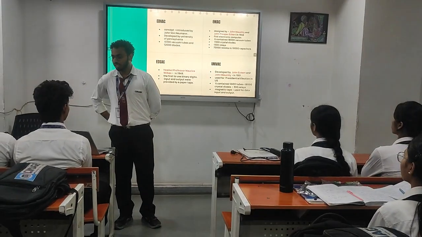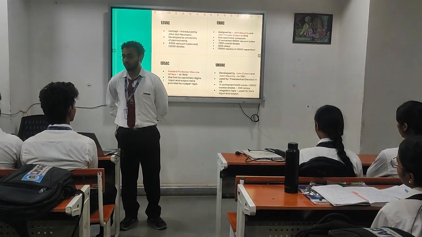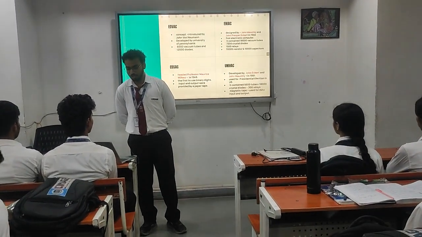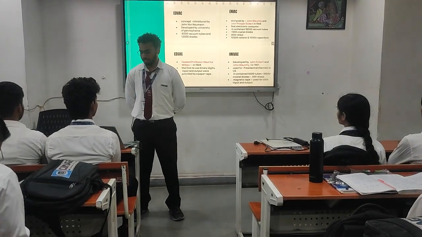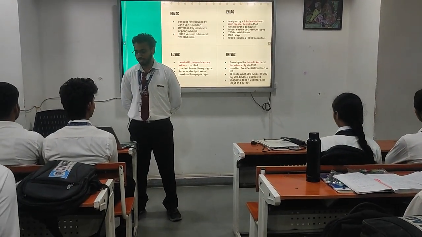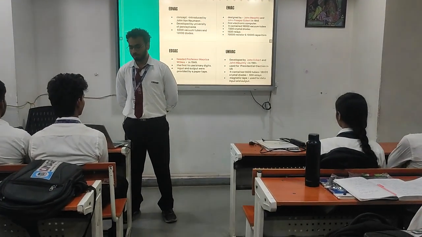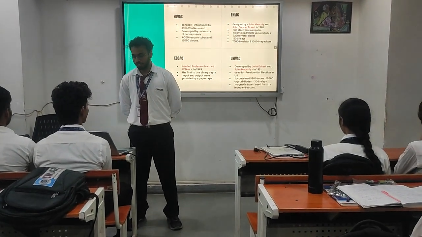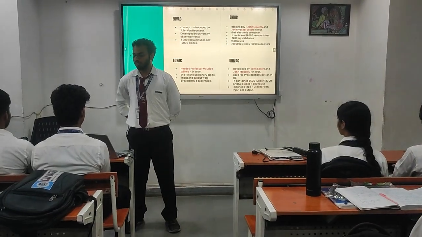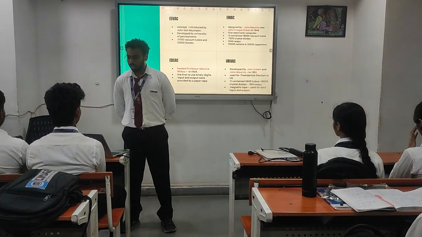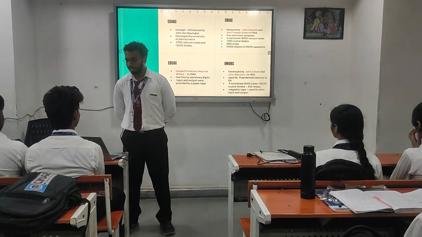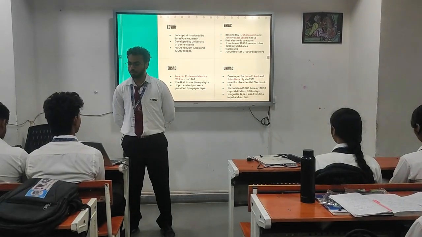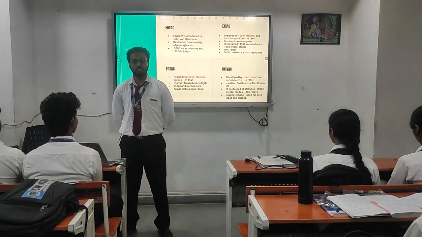So here you can see all four types of first generation computers in short. EDVAC was developed by John von Neumann at the University of Pennsylvania, and its specification is 6,000 vacuum tubes and 12,000 diodes were used. Similarly, ENIAC was developed by John Mauchly and John Presper Eckert in 1946. It was the first electronic computer. So it's a remarkable point that we have to remember that the first electronic computer was ENIAC, and in this we were using 18,000 vacuum tubes, 7,200 crystal diodes, 1,500 relays, 70,000 resistors and 10,000 capacitors.